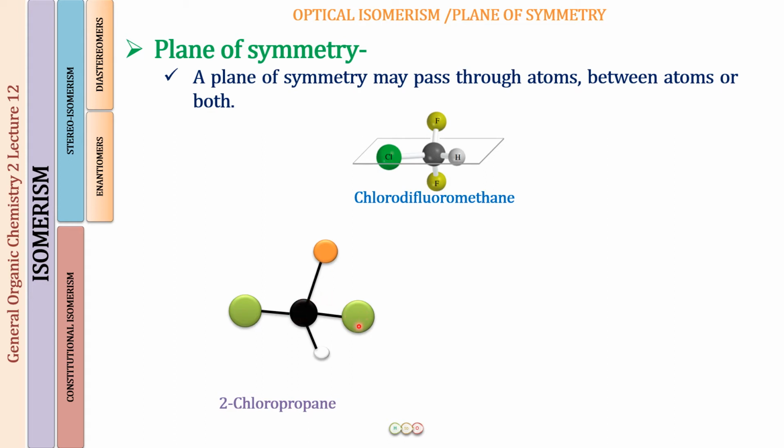And this one, if you look again, this is attached to two similar groups of atoms, that is the two methyl groups. So again, this cannot be a chirality center. Fine, but we do not know for certain, if there is no chirality center present, whether the molecule is going to be optically active or not. So here we again try to identify the plane of symmetry.